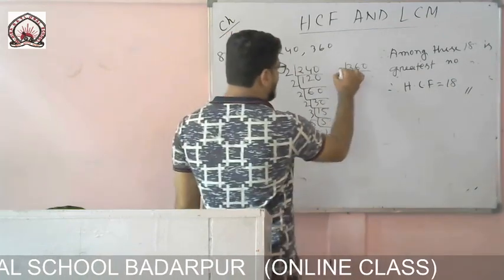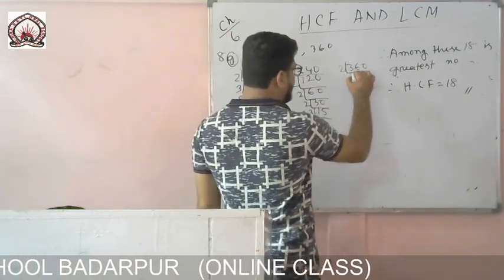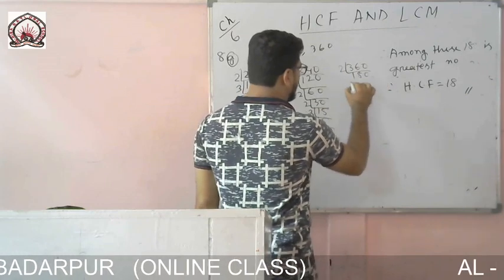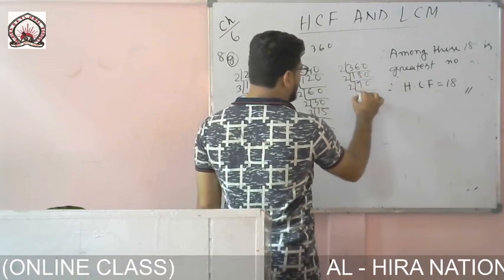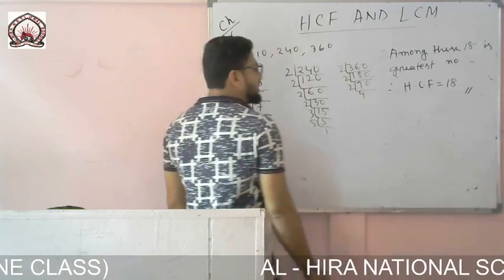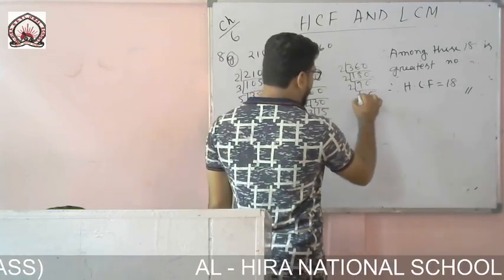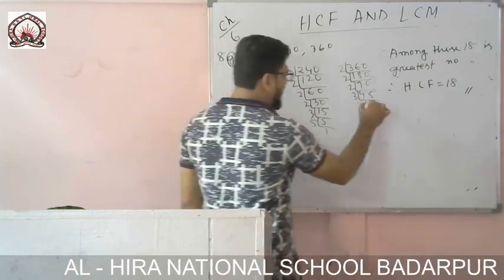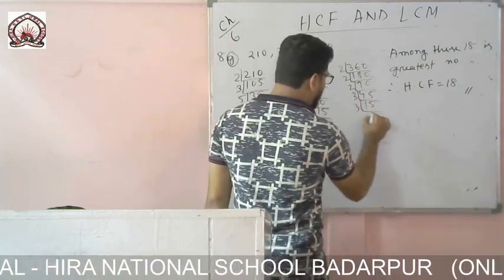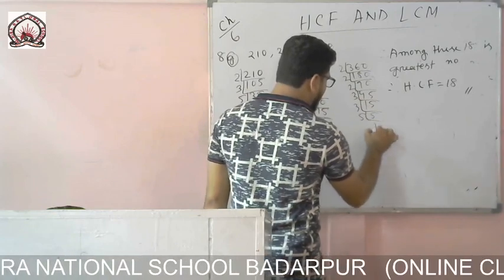Now what? 360. With 2, 1s are 2, 2 8s are 16, 0. With 2, 9s are 1 0. With 2, 4s are 8, remain what? 1. So 2 5s are 10. With 3, 1s are 3, remain 1. 3 5s are 15. Again with 3, 5s are 15. Again with 5, 1s are.